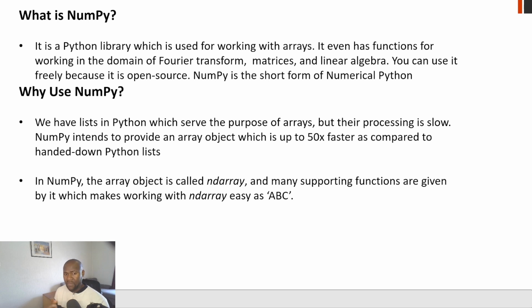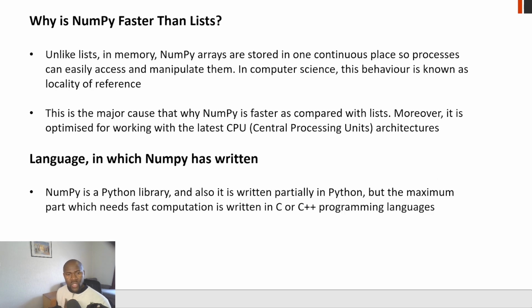So it could be one dimension, it could be two dimensions, or several more dimensions, which allows you to work with multi-dimensional data sets within your program. Another important thing that you would find NumPy useful for over other data structures that you could call, perhaps your list,